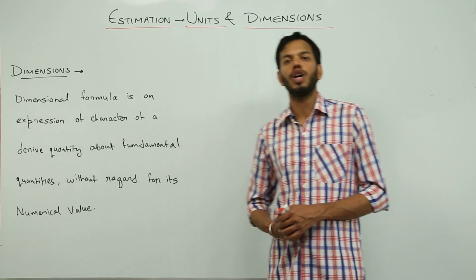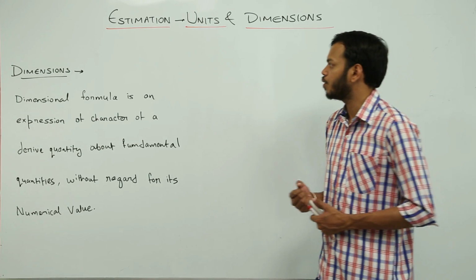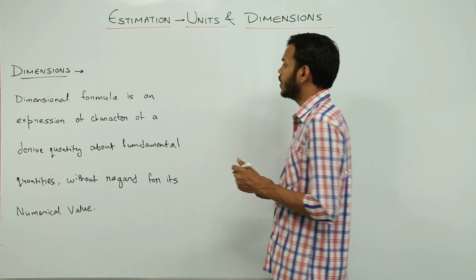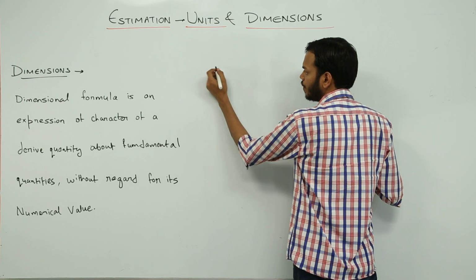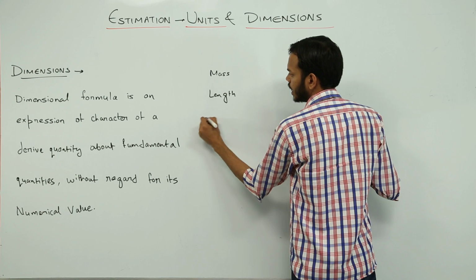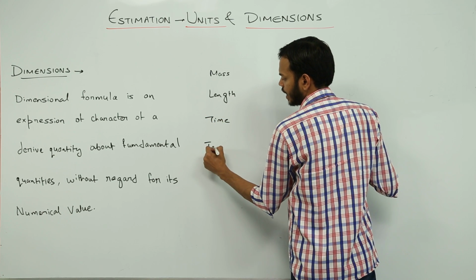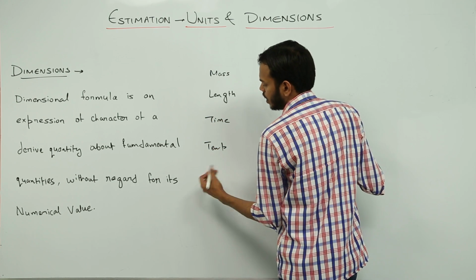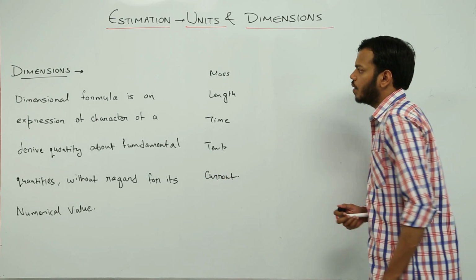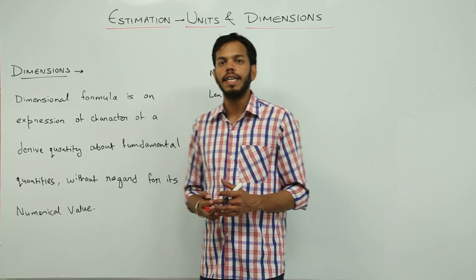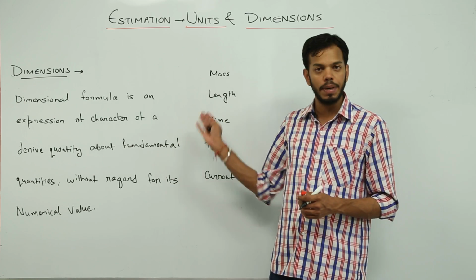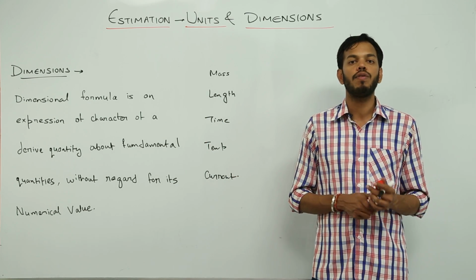Now let's talk about what we know by dimensions and dimensional formula. When I described the list of fundamental units, I'm writing only a few now. I wrote mass, length, time, temperature and current. Now, dimensional formula represents the value of derived units in terms of fundamental units only, irrespective of what numerical